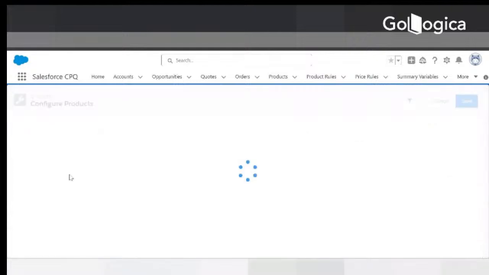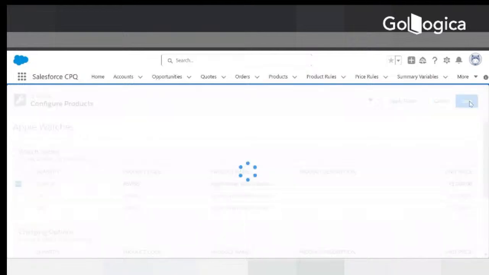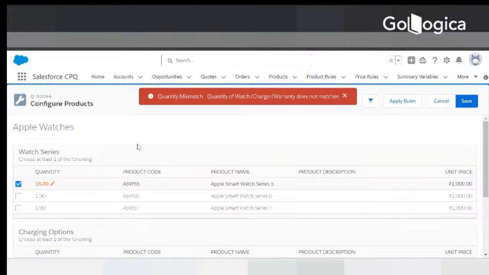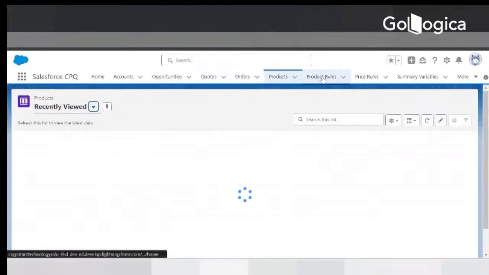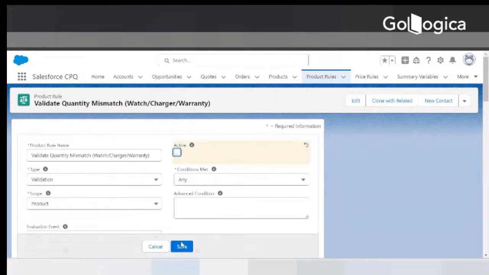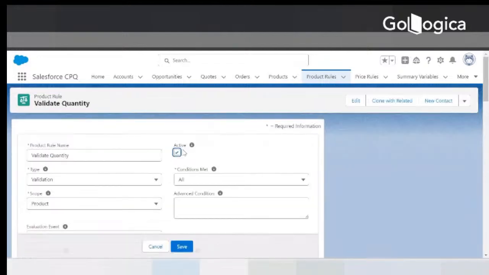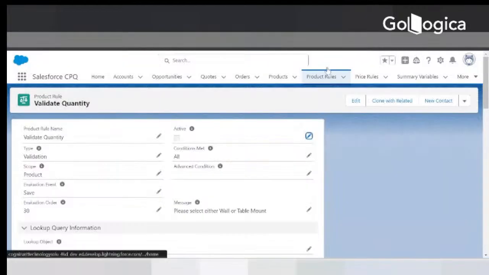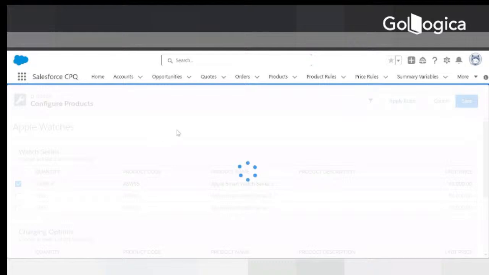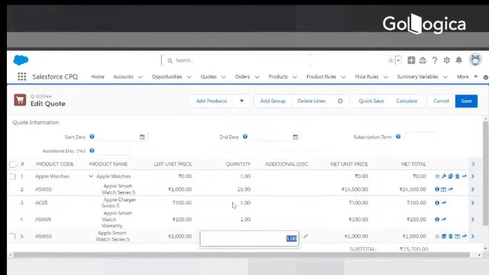So now I need to just configure it back. So if I choose this product and choose it 15 over here, it will take some time to load. Say if I choose 15, product rules are there. Just deactivate. Now it should go. Yes. So if you see,